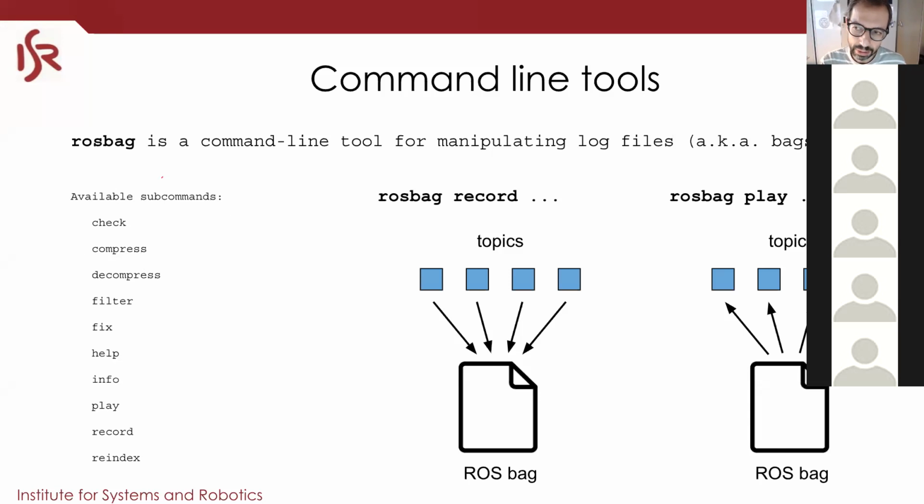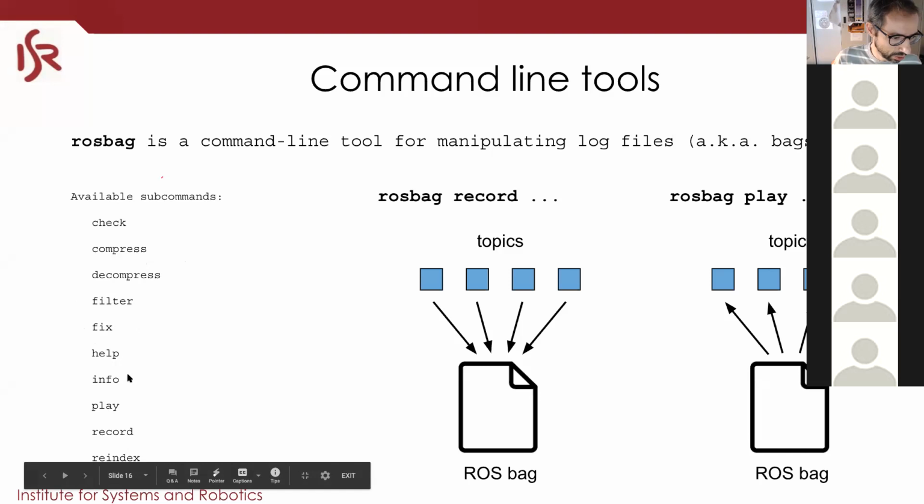Okay, and so typically the data file is recorded without any care about using space. So when you do a ROS compress, you typically get a much smaller ROS bag. And you can also decompress if you want. You can filter, meaning that you can have a ROS bag and get a second one with only a subset of topics. You can fix a bag if the ROS for any reason crashes. If the router crashes, the bag becomes corrupted, and you need to ask it to fix it.